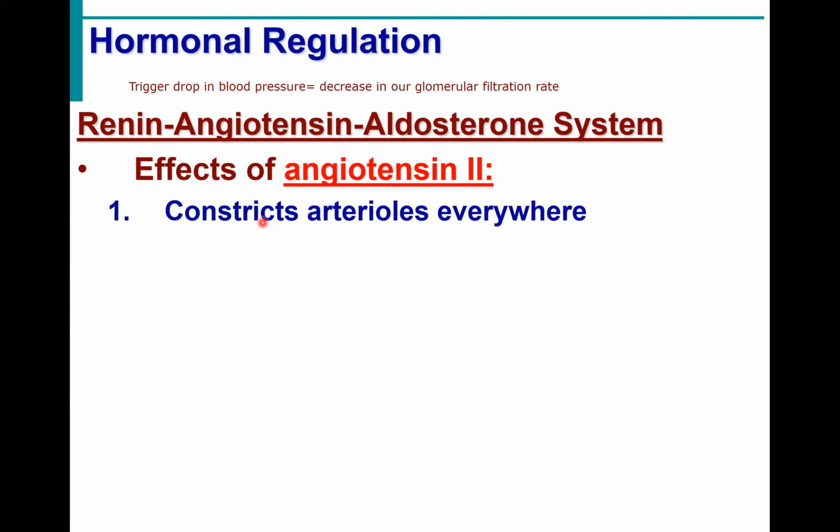The first thing it does is it constricts arterioles. And notice the key word there being everywhere. What I mean by that is, of course, both in the kidneys, as we just talked about, if you constrict the afferent and efferent arterioles, that helps to bring the blood pressure up. So afferent arteriole and efferent arteriole. And we just finished talking about with our sympathetic nervous system how that will help to maintain our glomerular filtration rate. But the other thing that it's going to do is